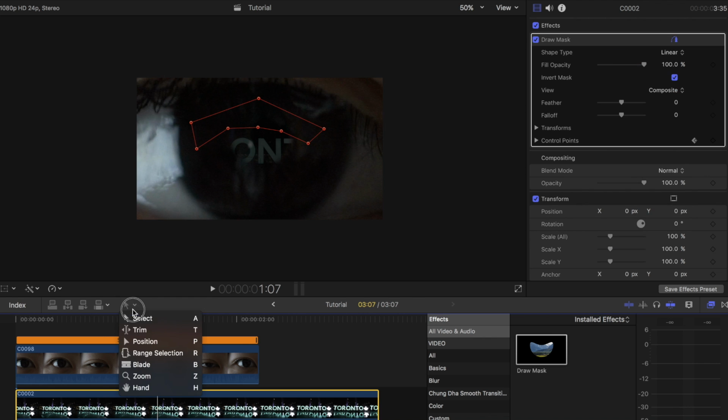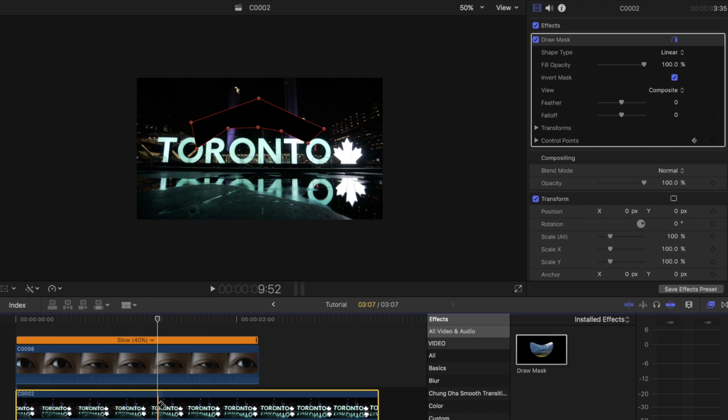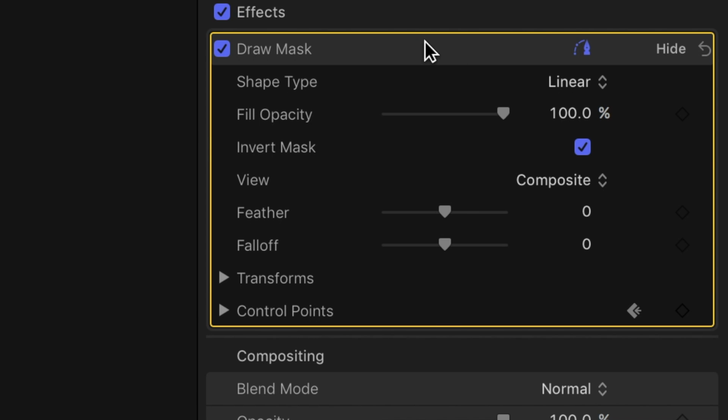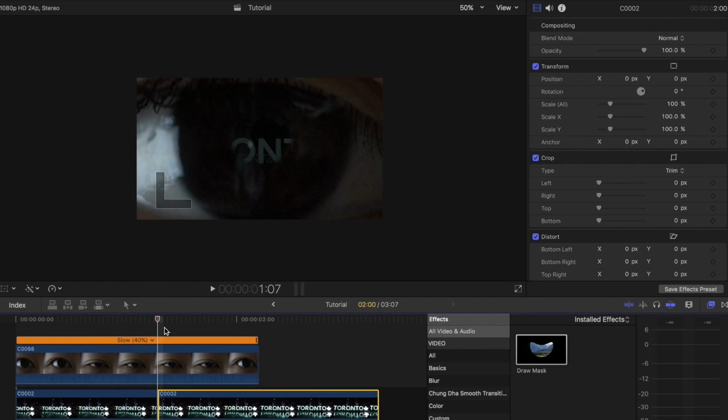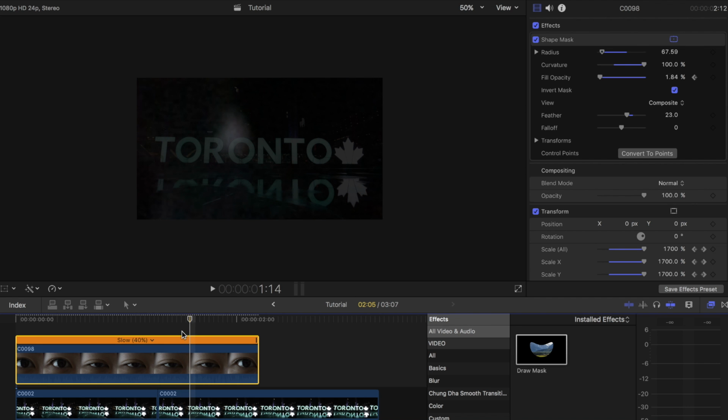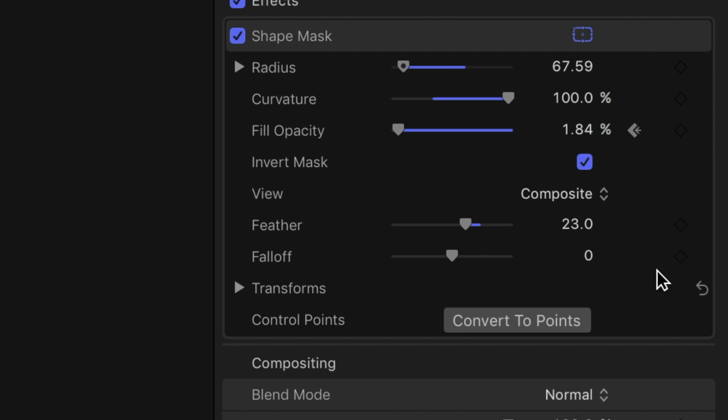Locate the blade tool and split the bottom clip where the zoom starts to happen. Then delete the Draw Mask tool for the last half of the clip. The last thing you need to do is change the opacity. Find a point on the top clip where you want the change to start. Add a keyframe to fill opacity, move over 5 to 10 frames to the right, and then change opacity to